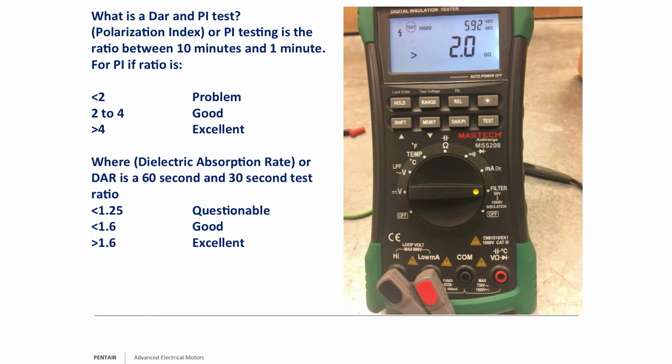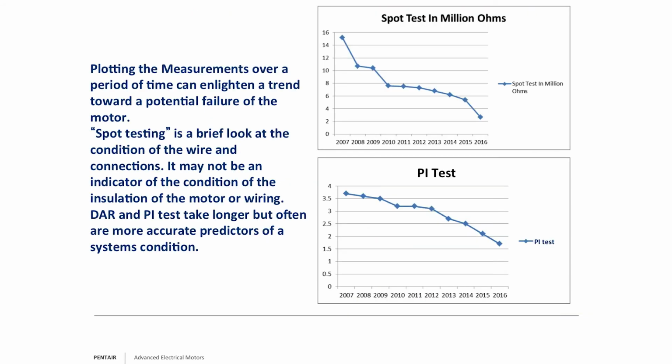Now, what you then do is you get these numbers, and like I say, it will do the test for you automatically. You set your voltage, it runs, it gives you the time, and it will give you the ratio. You can then plot it. And if you look at spot versus PI testing, with spot testing, it's not uncommon to see rapid jumps or even to see sometimes improvements, so to speak, depending upon how the meter is hooked up, depending upon different situations,